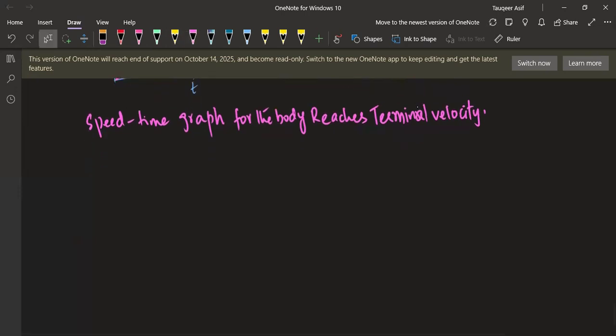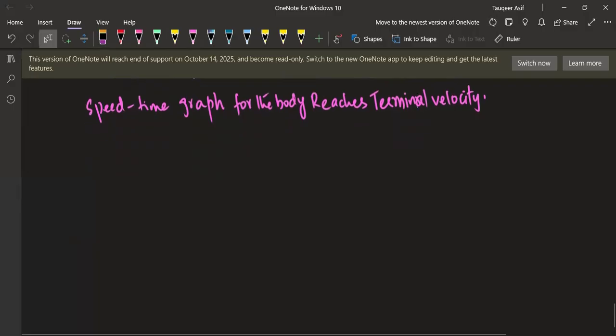Okay, so the graph is, when the body starts falling or when it begins to fall, let's say at point A, the skydiver, let's talk about the skydiver,